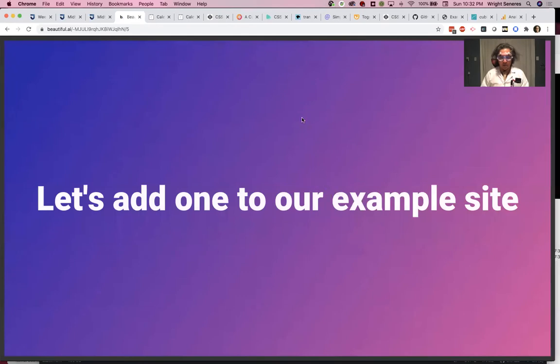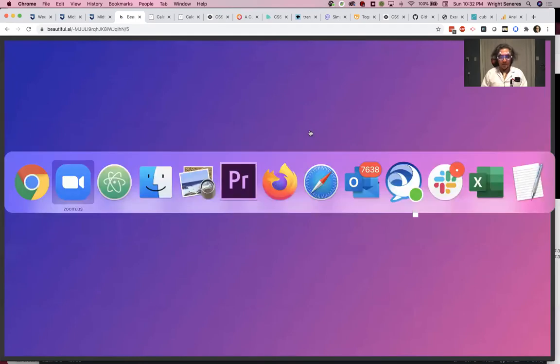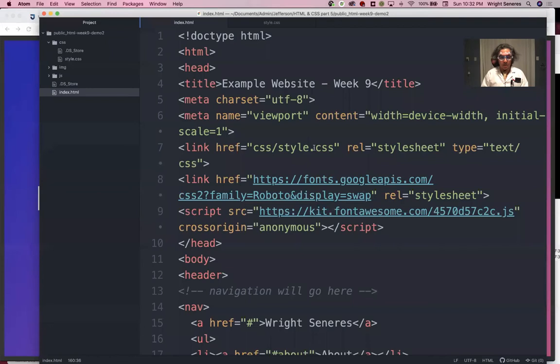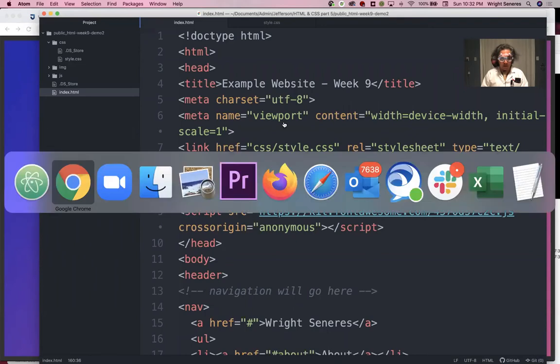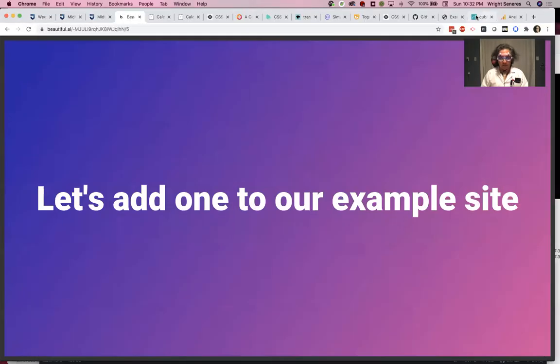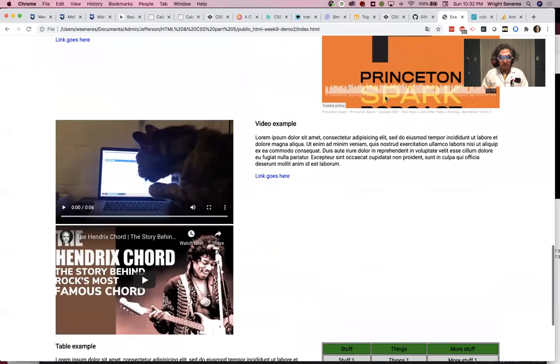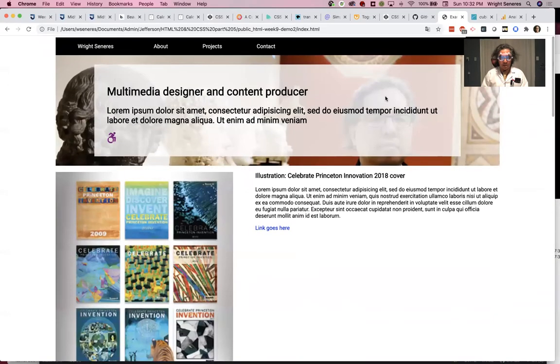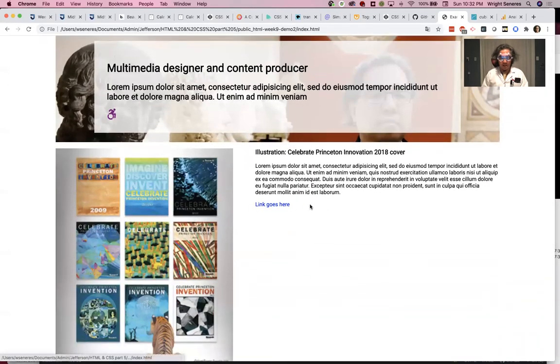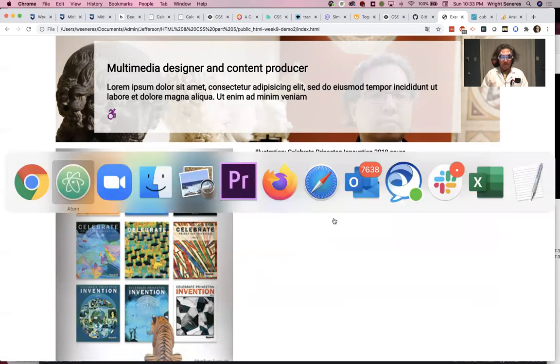So let's add one to our example site. Go back to our code here. So we'll need to just reference our example site for a second. So let's say we want to change this instead of staying blue. Maybe we want to change it to orange in a transition. So in our code,